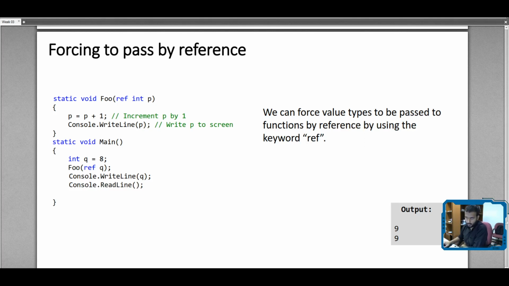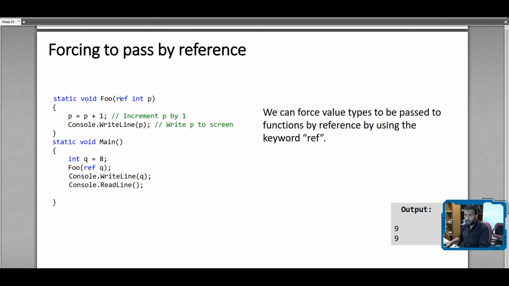So the ref keyword, when you are declaring your function, static void calculate ref int p, rather than receiving the integer, the copy of the value, you are forcing your code to not receive the copy of the value but rather receive the reference for it. Okay, so if we do that, then even though we are using a value type,